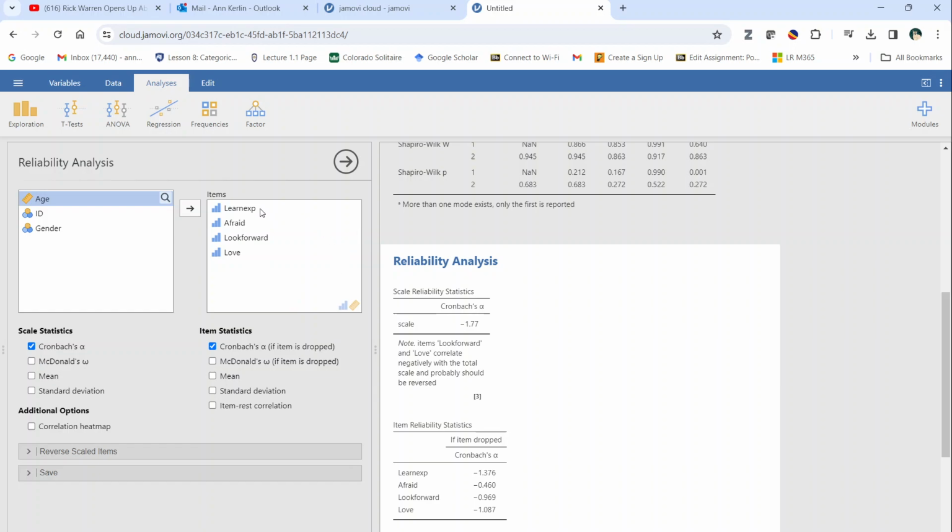But really, think about these questions. Research methods is a good learning experience. I'm afraid of research methods. I look forward to research methods. I love research methods. So 3 of them are positive and 1 is negative. And so that negative one is sort of skewed backwards. So what we can do